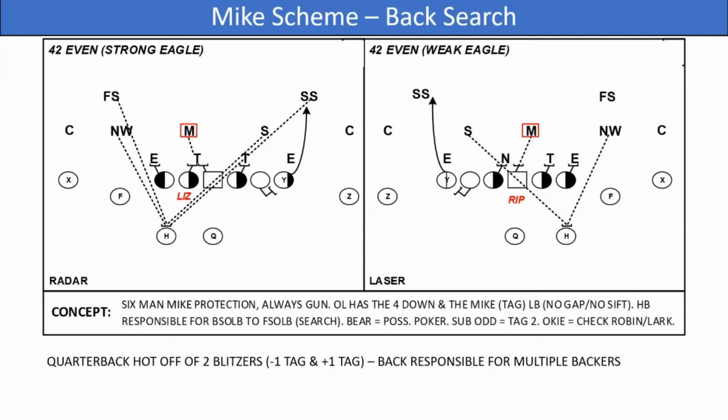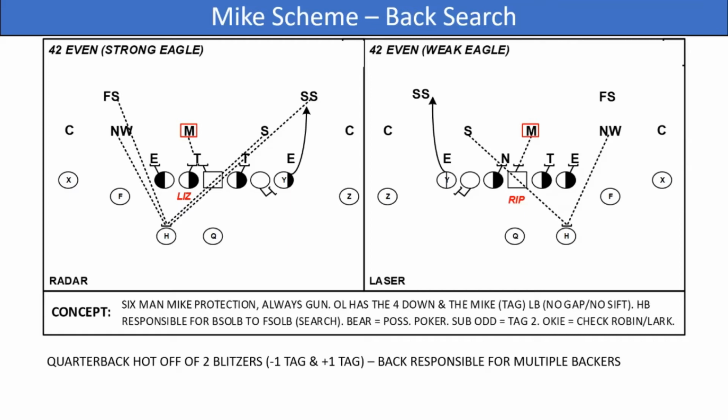We still have the line in their man scheme, but we've added a tag for the back and made this protection a little bit better for the quarterback. Why is it better for the quarterback? In the first protection we looked at, if just the Sam backer blitzed, the protection is compromised and the quarterback is throwing hot. If we've got the back on a search and just the Sam blitzes, this blitz would be